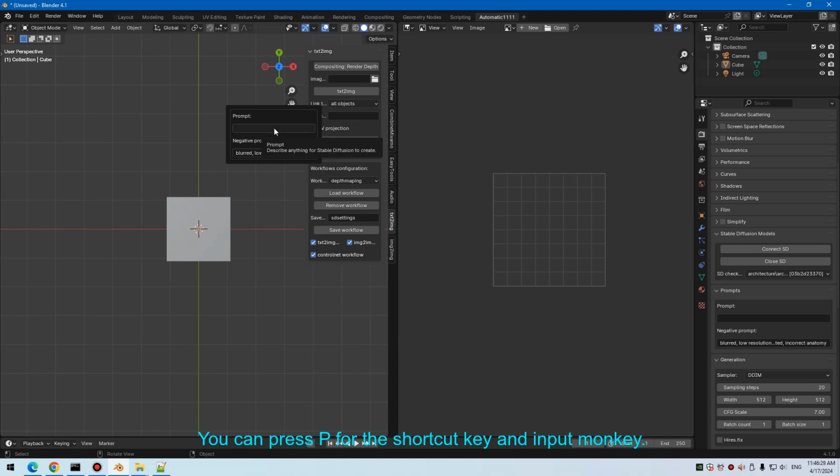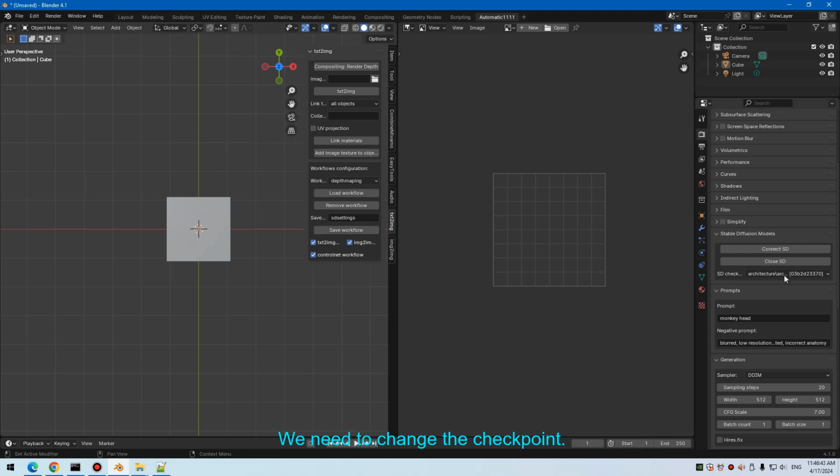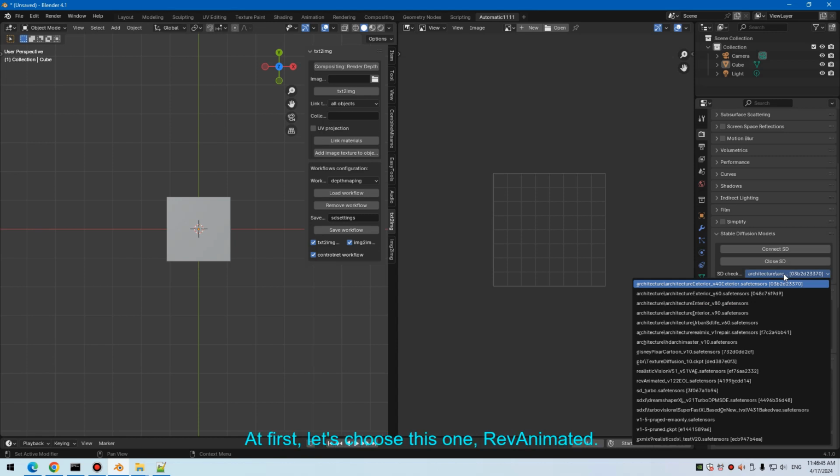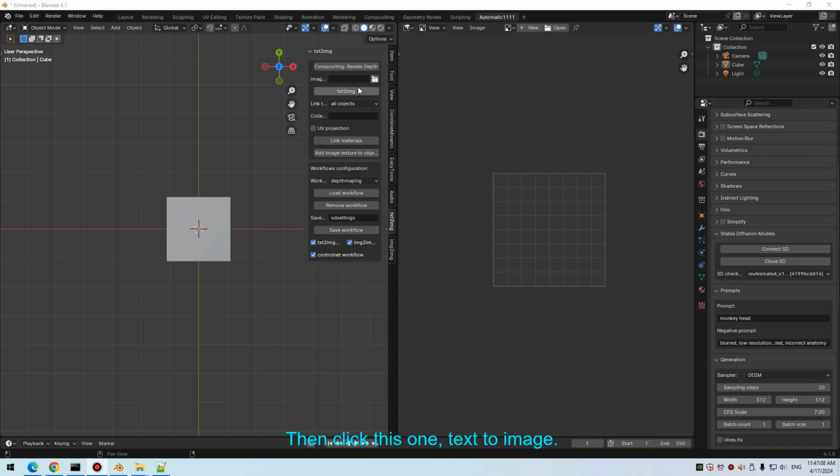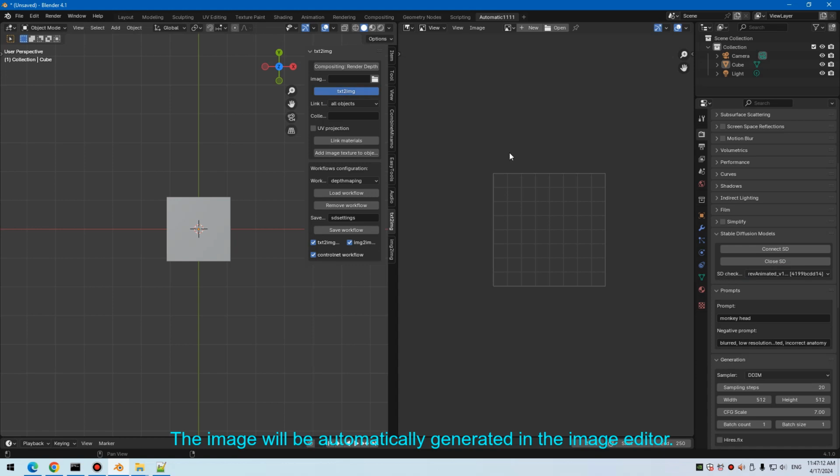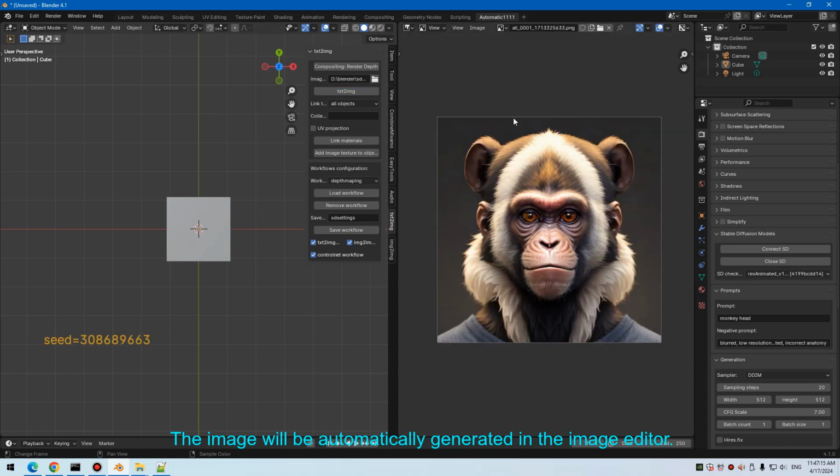You can press P for the shortcut key and input monkey head. We need to change the checkpoint at first. We choose this one, revAnimated. And then click this one, text to image. The image will be automatically generated in the image editor,